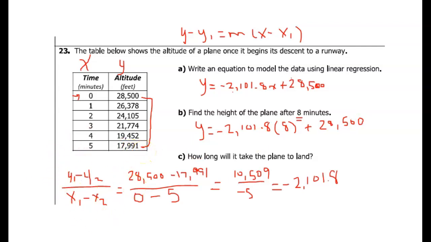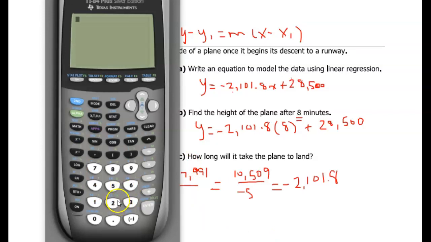Because the plane is descending. If it's not less than that, something is not right. So I get my handy dandy calculator. I'm going to type it in. Negative 2,101.8 times 8 plus 28,500,